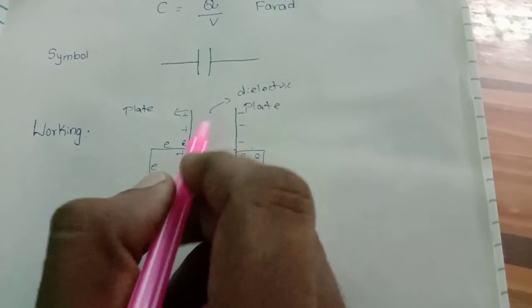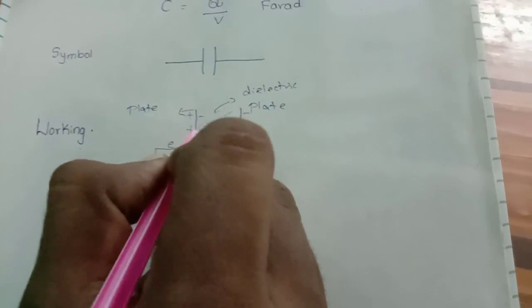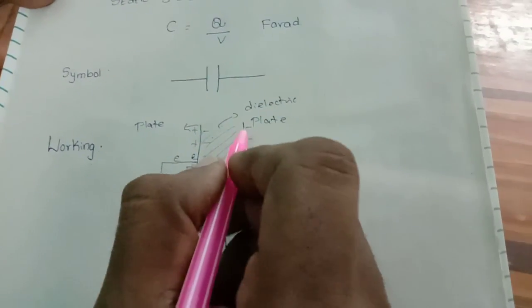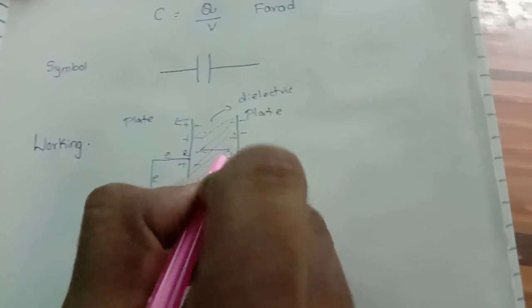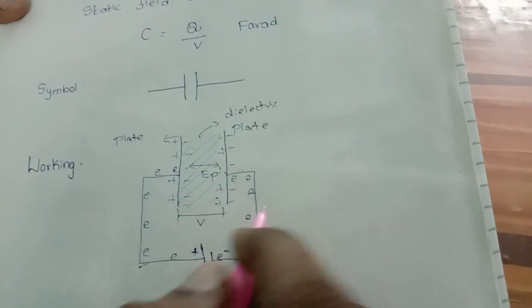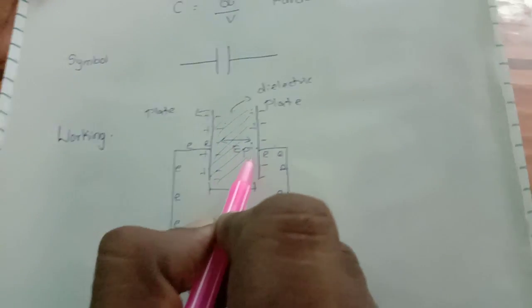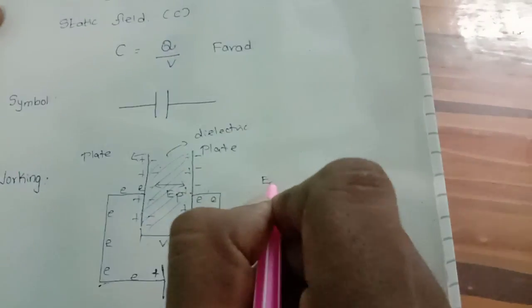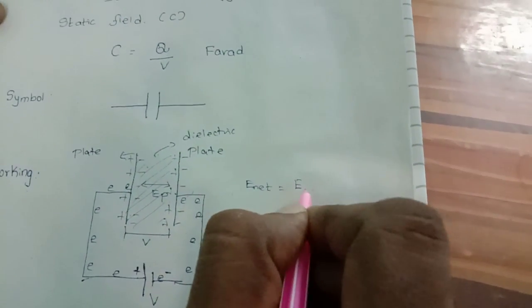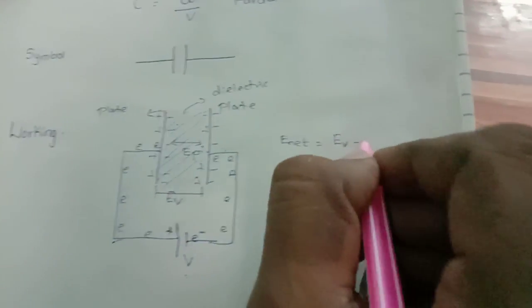What is happening here is that the dielectric has ions. When this side is plus, automatically the other side will be minus, and when it is minus, automatically it will be plus. So inside the dielectric there will be another potential. The total voltage will be this voltage minus this voltage, that is the net voltage. So you can say the total net voltage is the voltage across the capacitor, that is EV, or you can take it as EP.